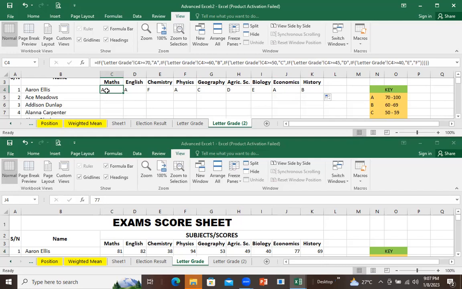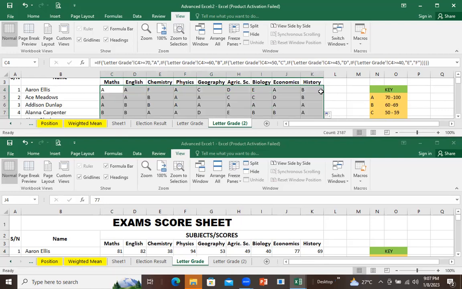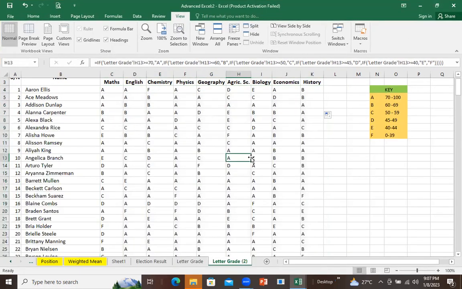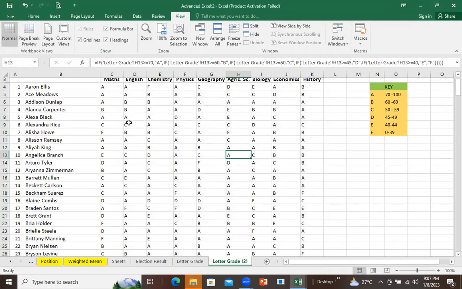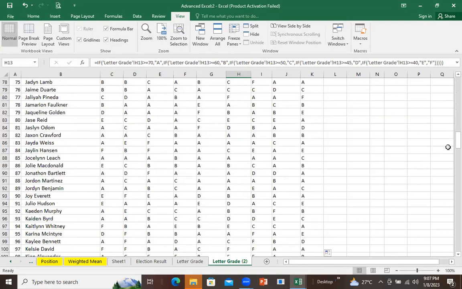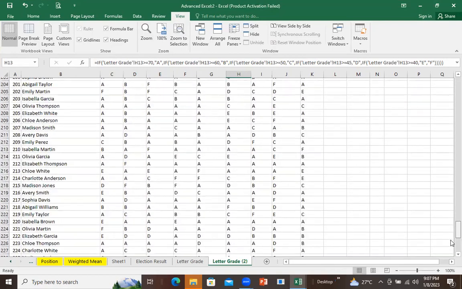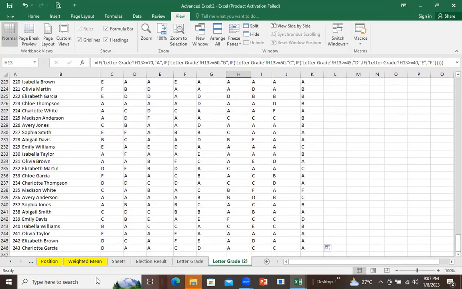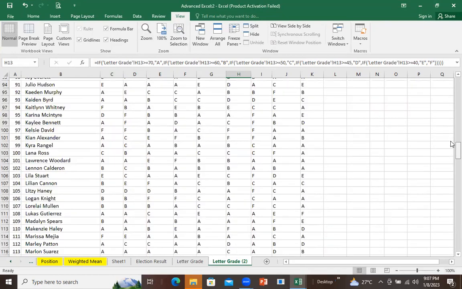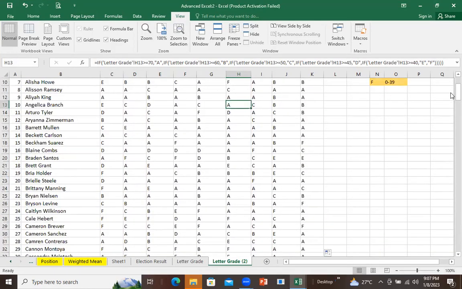across. So I've copied from here to this point. If I double click it, 1, 2, it will fill everything. And that's all for this cell. So let me expand my cell so that you see what I have done here. So you can see I've calculated it for 243 students. So that's the beauty of using Excel. So if a lecturer has